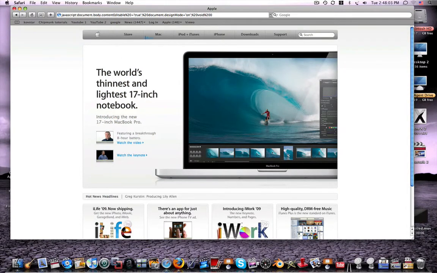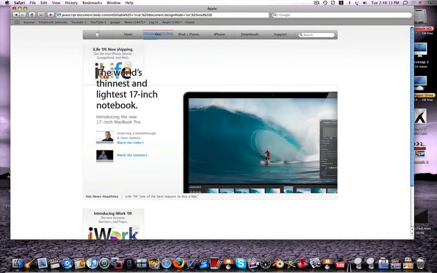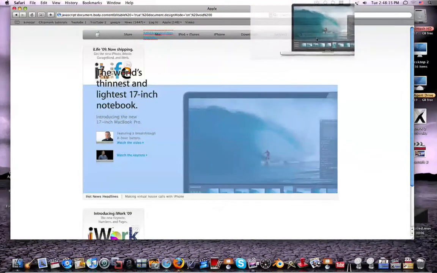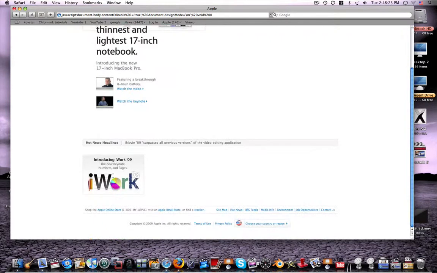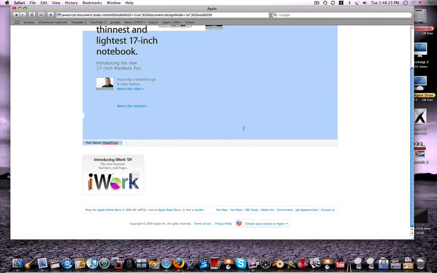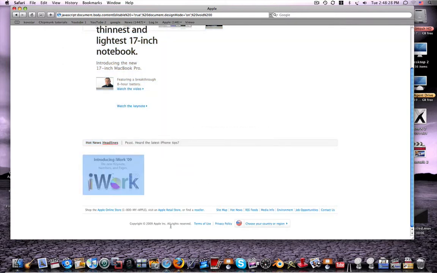You could write all over this thing. And you can delete pictures. You can drag pictures to all different random places. You could drag things out of their spot, mess up websites, play around with them, take things out and write random things. Take a website and just stick something in there.